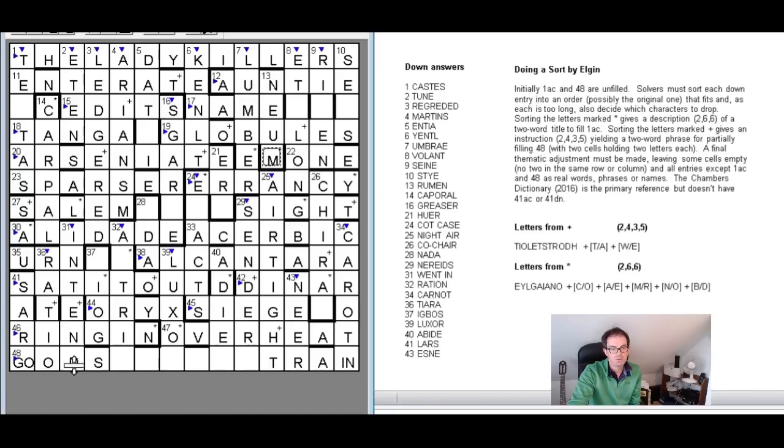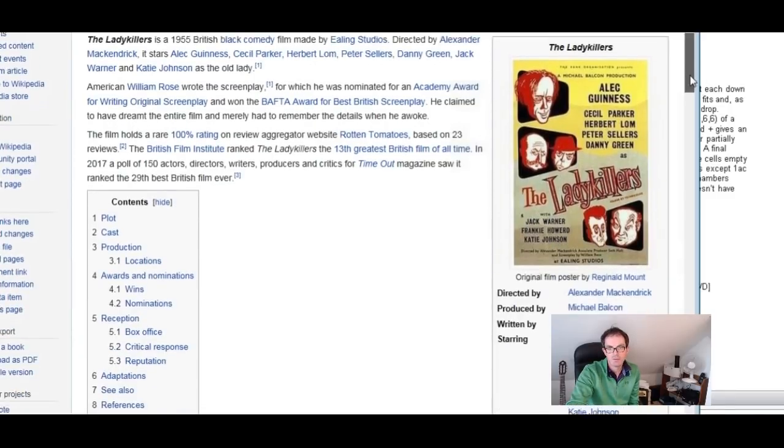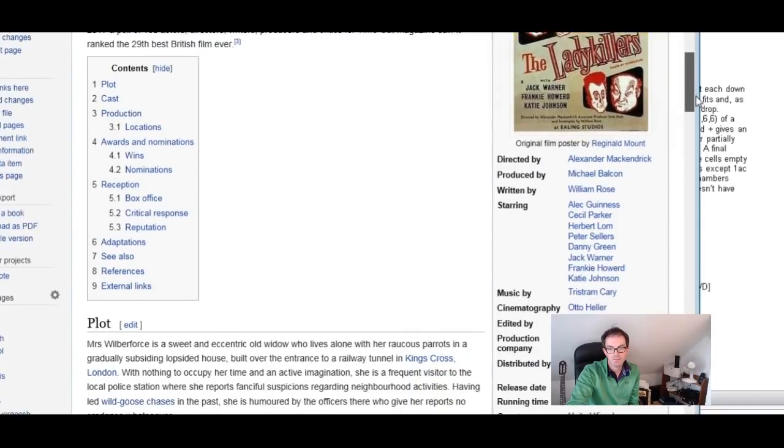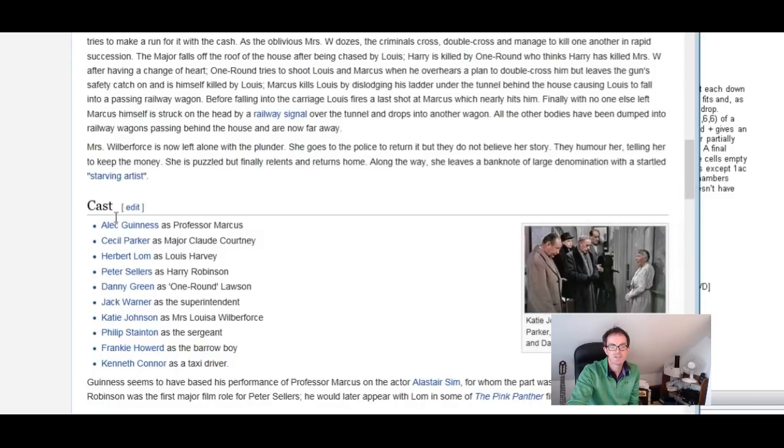And again, once you find the theme of one of these puzzles, you should definitely go straight to Wikipedia and see what it can tell you. And obviously, there's a whole load of guff about The Lady Killers being probably one of the best films ever made. There's also a synopsis, definitely worth looking at, and there's a cast list. And there we find some of the names of the characters that appear in the film The Lady Killers. Some of these you may find familiar based off what we've talked about so far. There's a chap called Courtney, there's a chap called Robinson, there's a chap that begins with Law, and there's Lewis Harvey. And Harvey, if we go back,